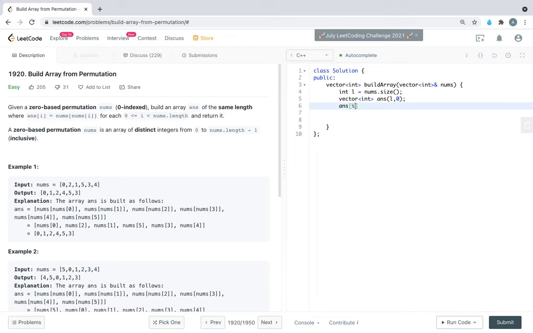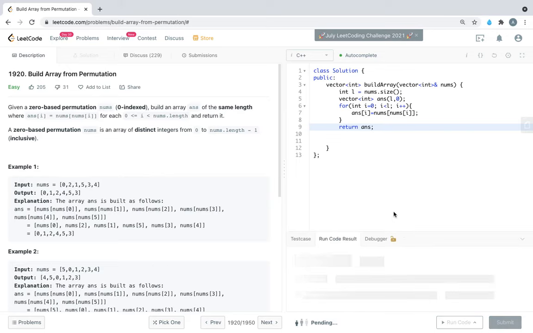Now we will put the logic and fill the newly created vector answer. We put it into a loop: for i from 0 while i is less than l, i plus plus, answer[i] is equal to nums[nums[i]]. Now just return the newly formed vector answer.